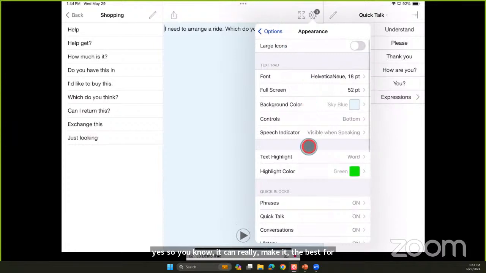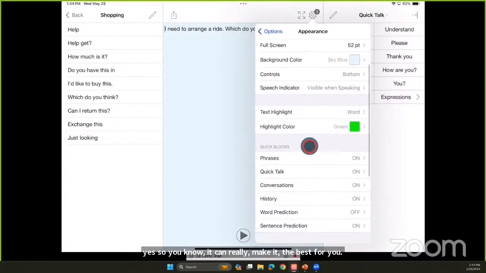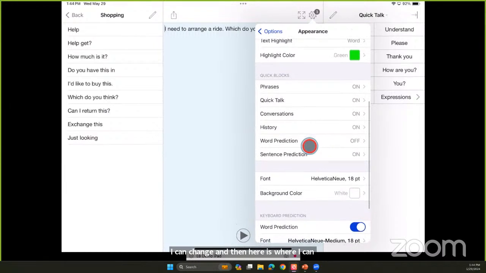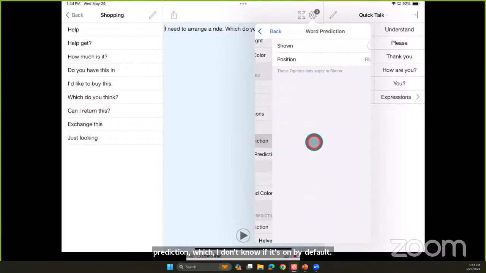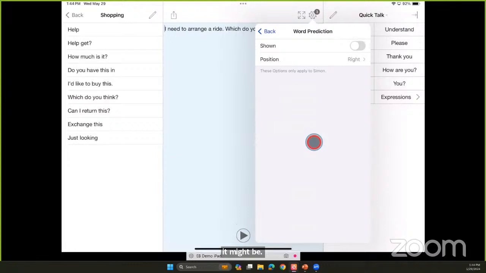I can change, and then here is where I can change my quick blocks. So there is even a quick block for word prediction, which I don't know if it's on by default, it might be. I usually turn it off when I'm using the app because I already have word prediction down in the keyboard, both from the app and from the iPad, so it seems a little overkill.